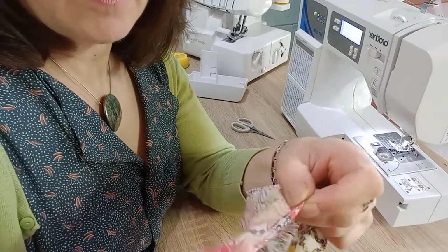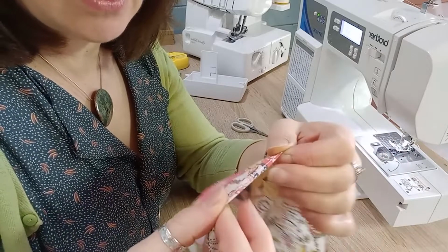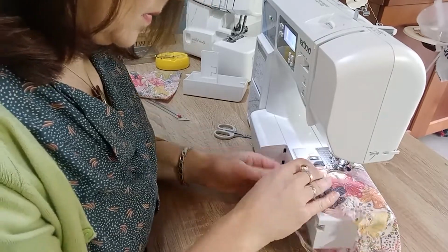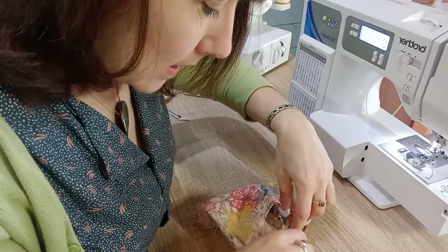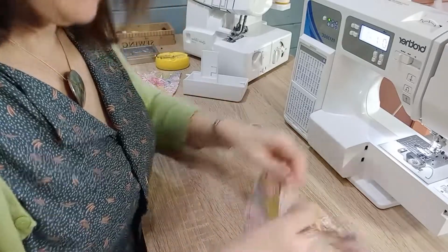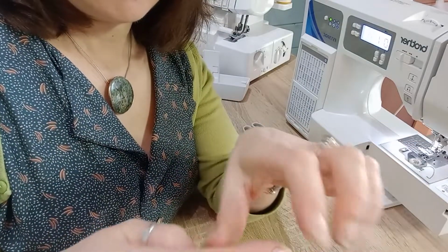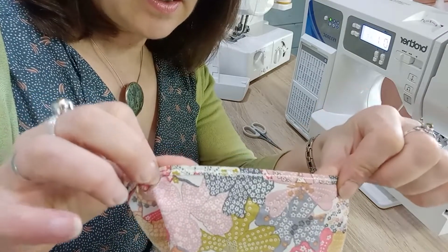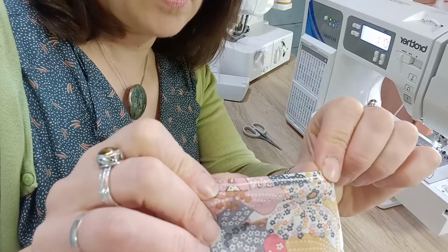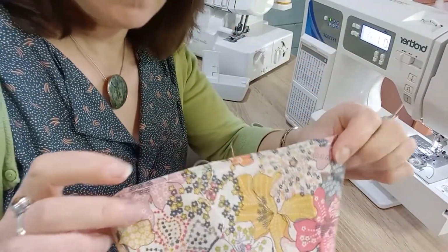And then we'll have our row of gathering, so we need a narrow hem because we need that hem to gather up, and if it was thick then it would be too bulky. And I'll show you. I'm going to just keep my ends out of the way. I did forwards and backwards on both passes. So now the right side has one line of stitching, and on the wrong side I've got one line, and in some places, oh, just there, look, I've just gone off the line a little bit, but that's on the inside. And that's a really good hemming technique for pyjama bottoms, if you don't want a big thick hem,